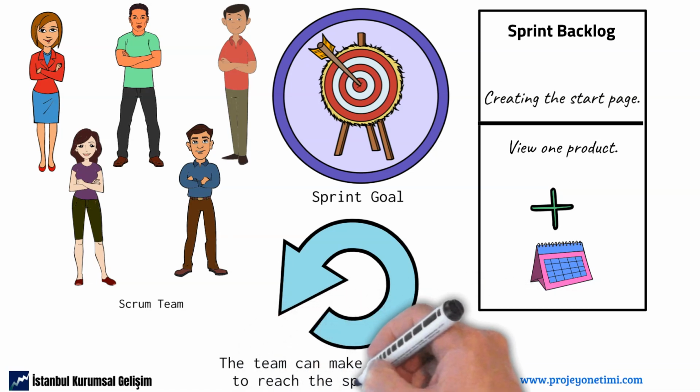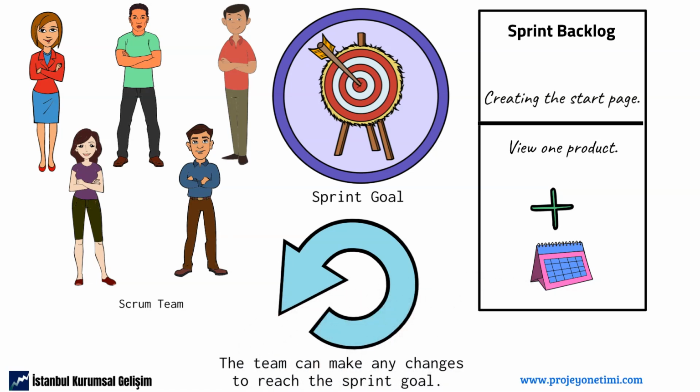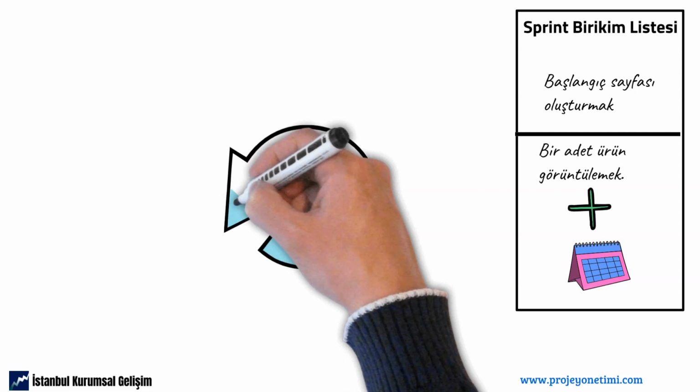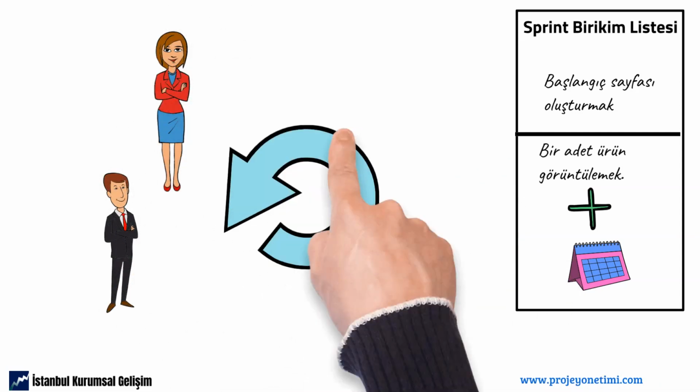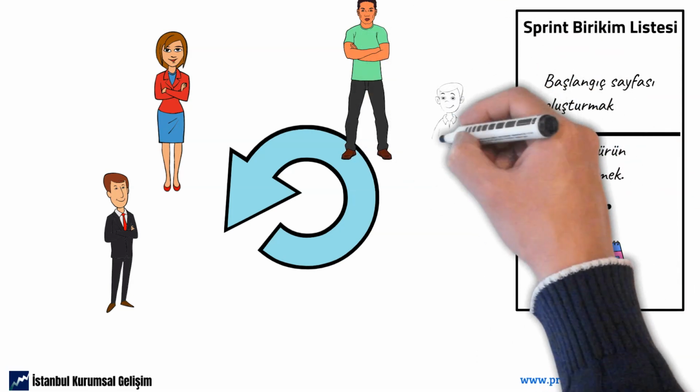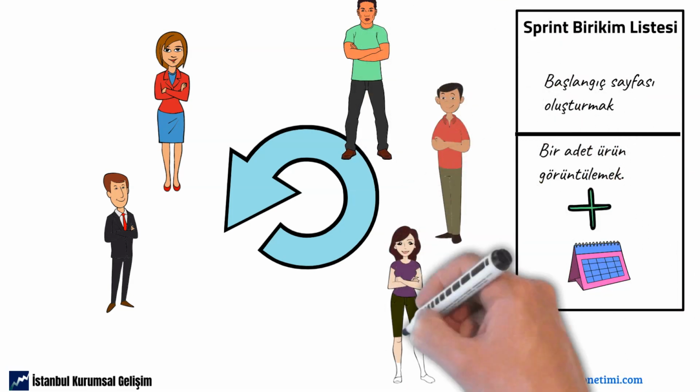Once they identify the work that needs to be done, they can also add to the sprint backlog. The total work remaining in the sprint backlog is tracked with a meeting held at least once a day. Team members are responsible for tracking progress towards the sprint goal.